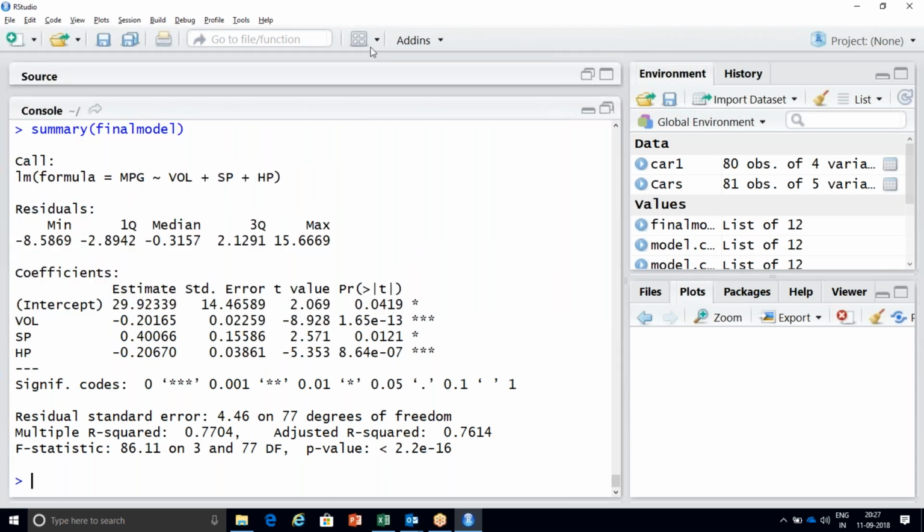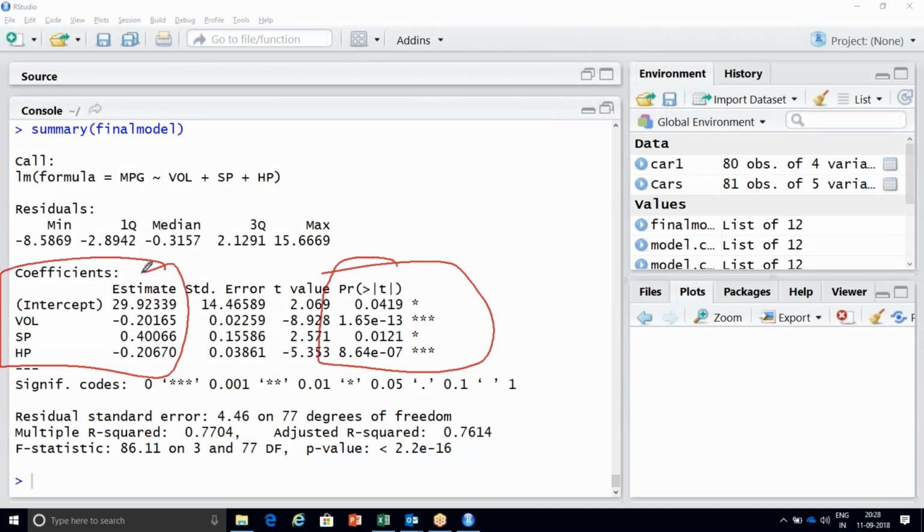Is your volume become significant now after removing your weight? Yes or no? Yes. So what shall we do now? So this is your final model. After removing your weight column, we came to know that